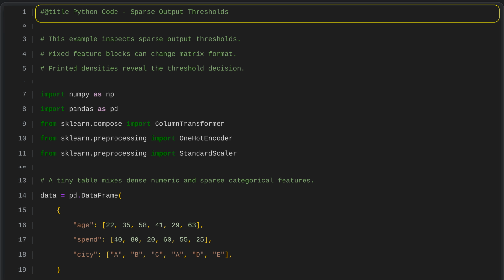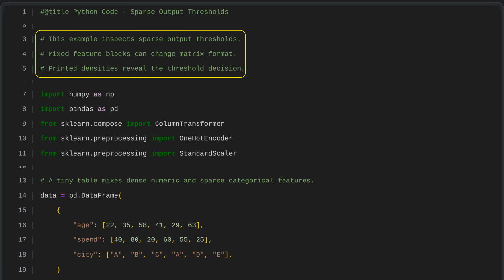Python code, sparse output thresholds. This example shows how sparse output thresholds affect the final matrix format. When different feature blocks are combined, the result may switch between sparse and dense formats, and the printed densities help